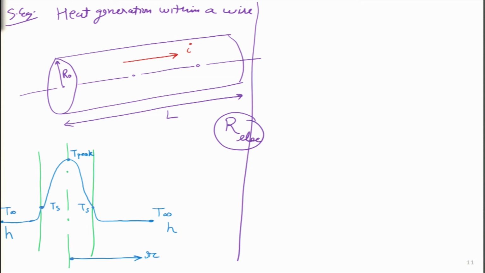So, now we are able to understand that some heat generation is taking place inside. Temperature will definitely rise, it will be the maximum at the middle point. So, that is shown as T peak. What we want to figure out is what is the mathematical shape of this particular temperature profile. In other words, I simply want to find out how temperature changes with radius.